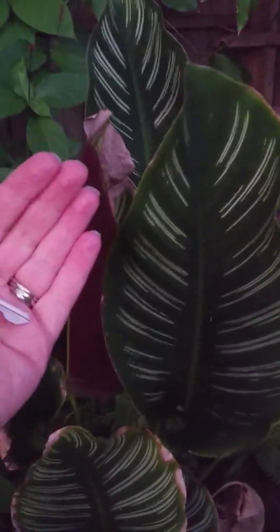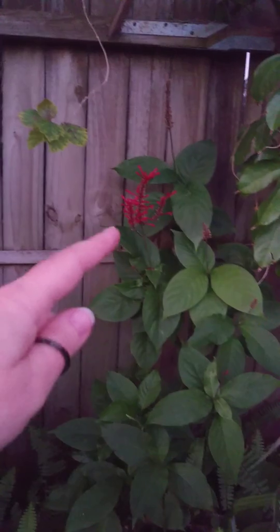This plant looks like someone painted it with a paintbrush. It's getting so big. More red fire spike. The hummingbirds come and eat on that. This huge thing is a jade vine. You'll probably not be able to see. Oh, you can see perfect. It's climbing the tree. So I'm going to be upset when it flowers up there, because I had my husband